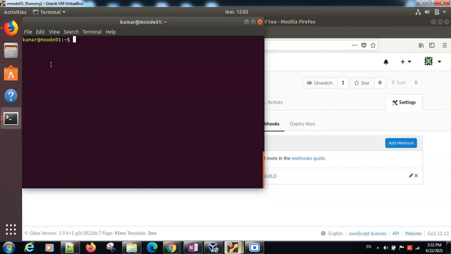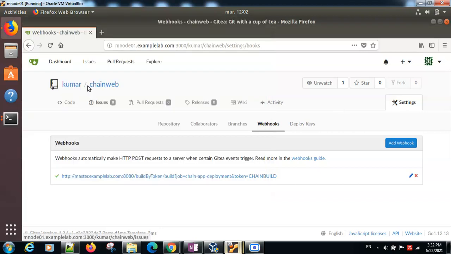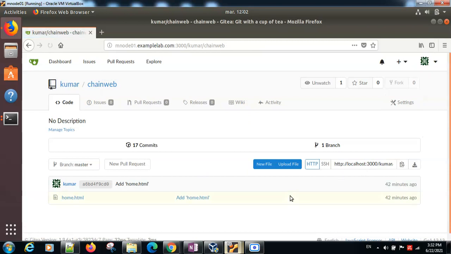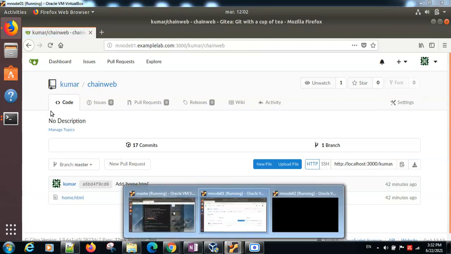Gitea. Currently I'm logged in as my Kumar user, and you have to clone this directory already. You can clone using this command: git clone and the repository URL. You have to give the URL of this repo. Okay, then it will be cloned